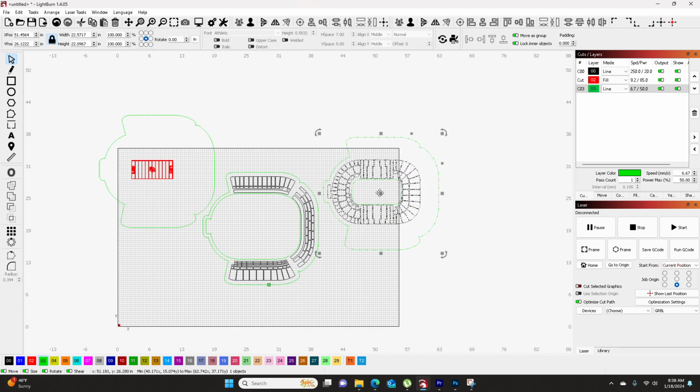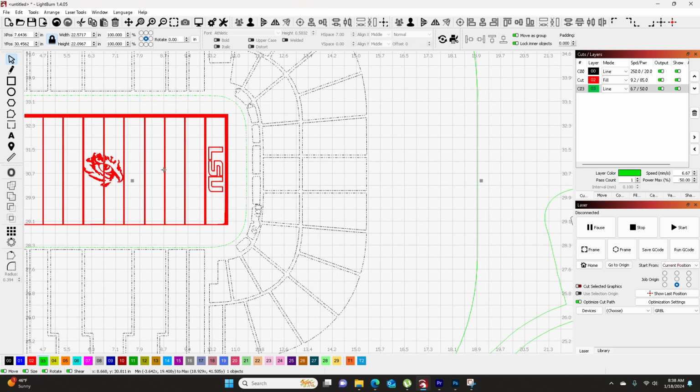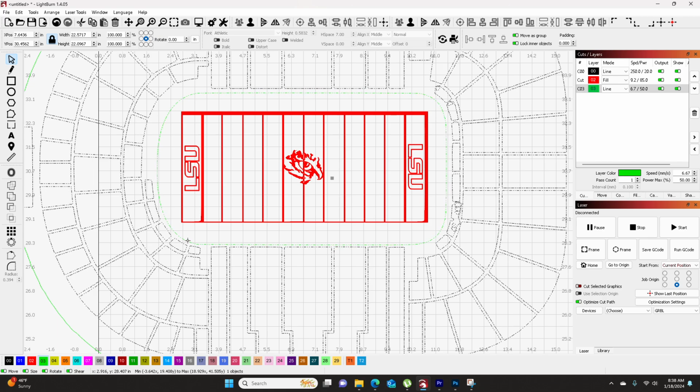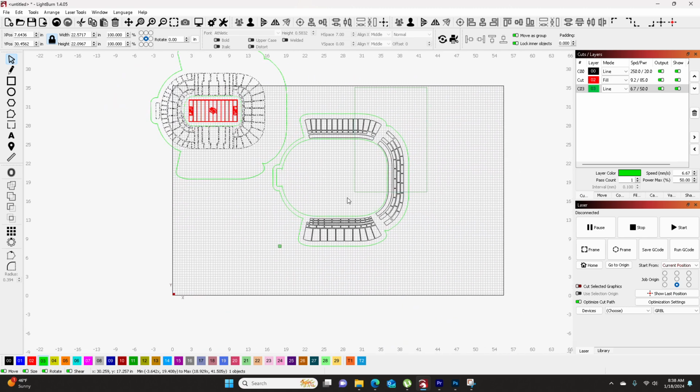Then we're going to take our second layer, and does it match up? And what you're looking for is inside this green. Can you see the whole field? Can you see everything? That looks good to me. Now, the third layer. Let's take this